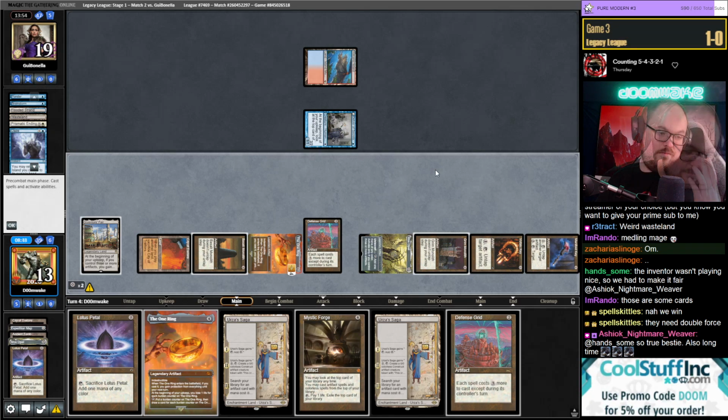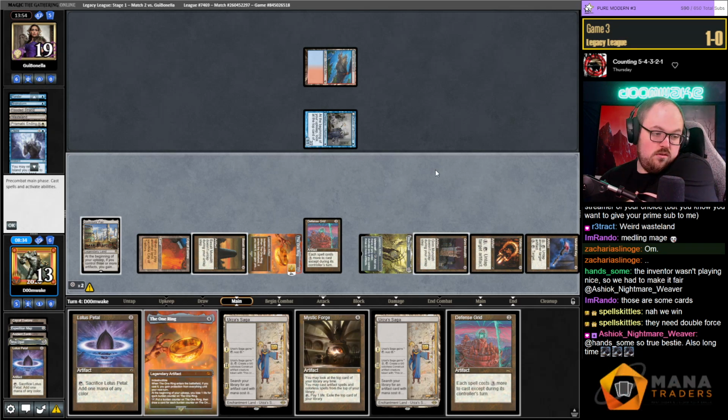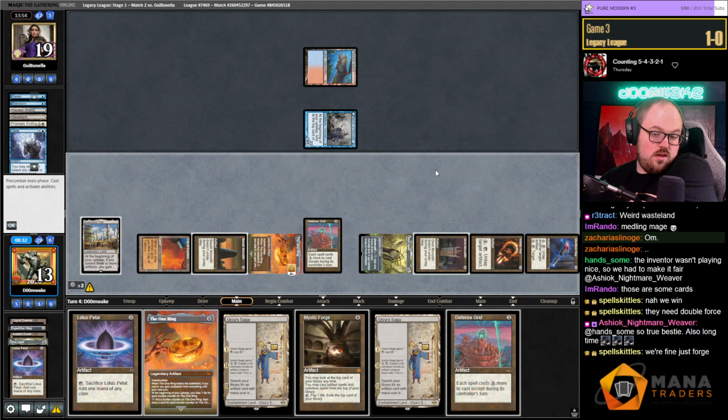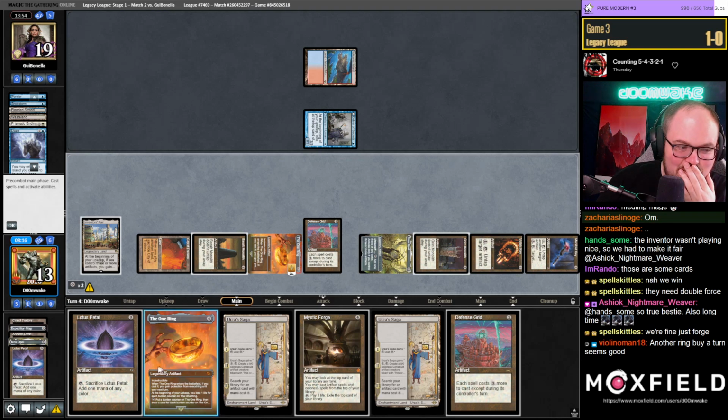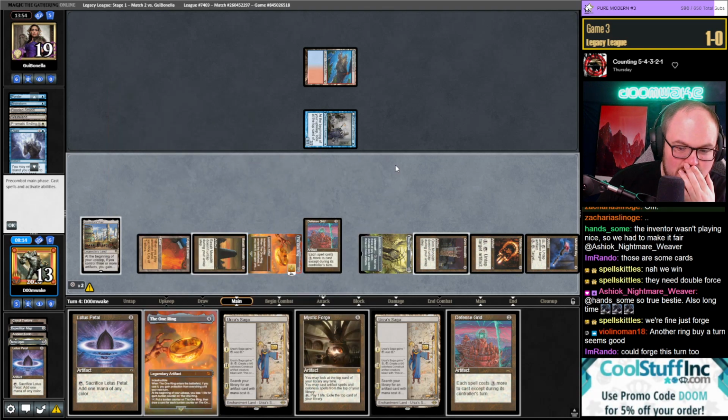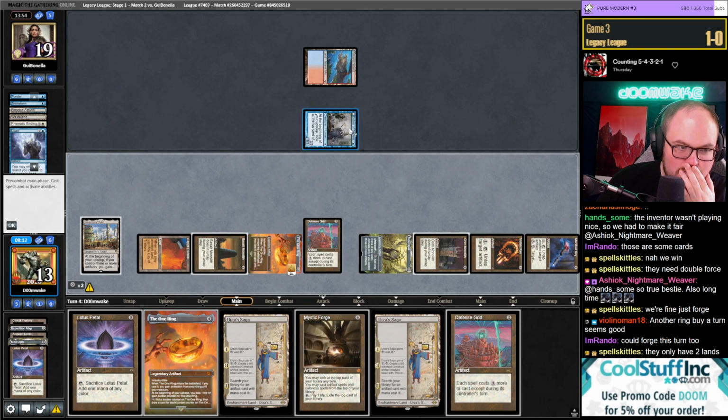It's not great. Could just play another ring. 1, 2, 3. Yeah. I'm gonna forge. I guess we're not really dying next turn. I don't know. I kind of want a ring here. I'm so scared about dying to Bolt. I kind of want a ring and just keep this one. I know I could forge, but I'm just worried about...